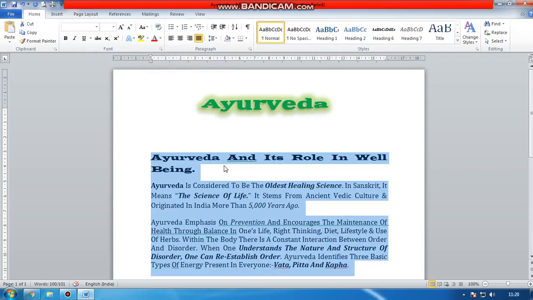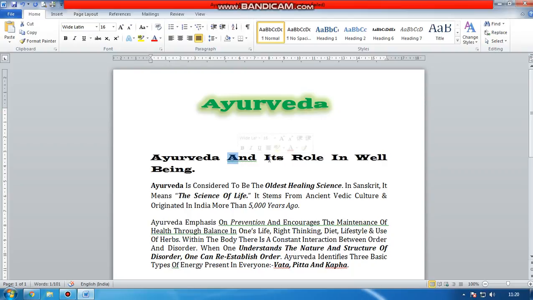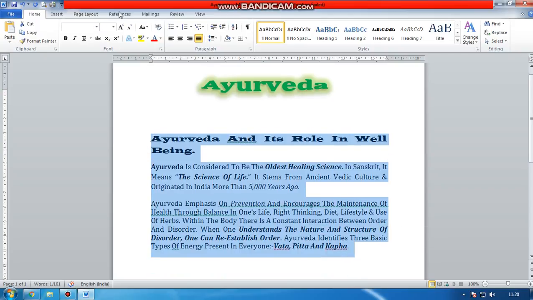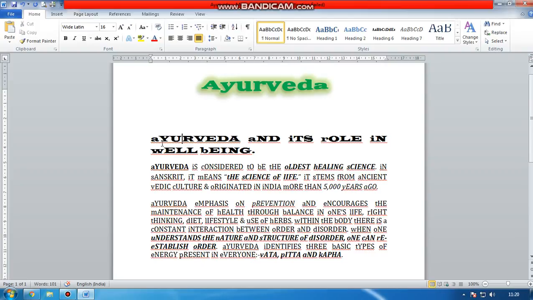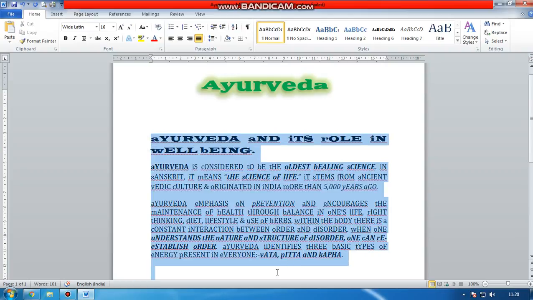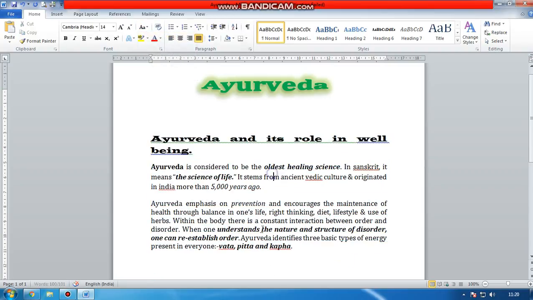In this, the first letter of every word is capital and the rest is small. You can have a look. Then again, if you want, there is this toggle case where the first letter of every word is small and the rest is capital. So it's up to you which case you want to type in. I am choosing the sentence case.